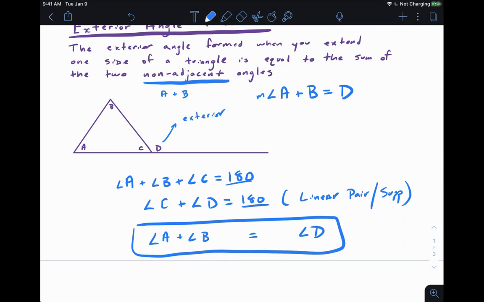Angle A plus angle B is always going to add up to angle D, whatever that particular measure. Remember, all of this notation that we're writing here, we're talking about the measure of the angle. I really should be writing M everywhere. We're talking degrees. Oh, 50 degrees, 60 degrees. So notice how we got that matched.